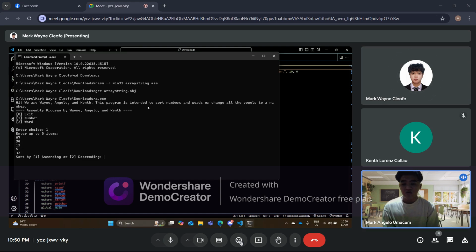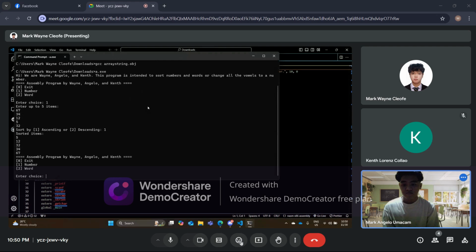It's shown in your screen, which is the ascending order and descending. So we're going to choose the ascending order. So we're going to input the number one. Here you can see the sorted items in ascending order, which is the 5, 12, 32, 34, and 67.